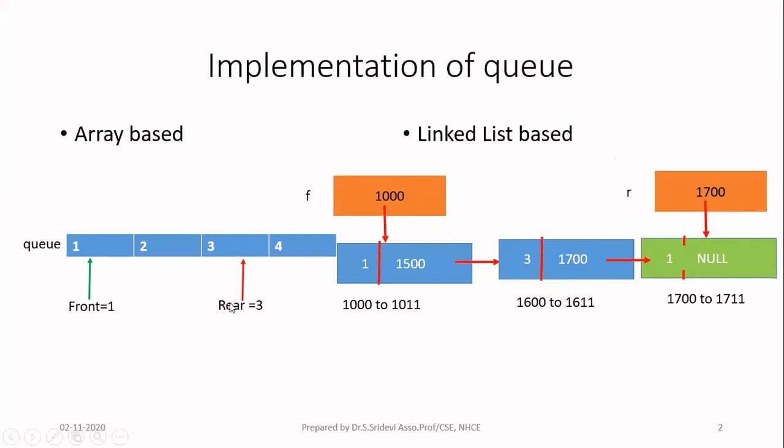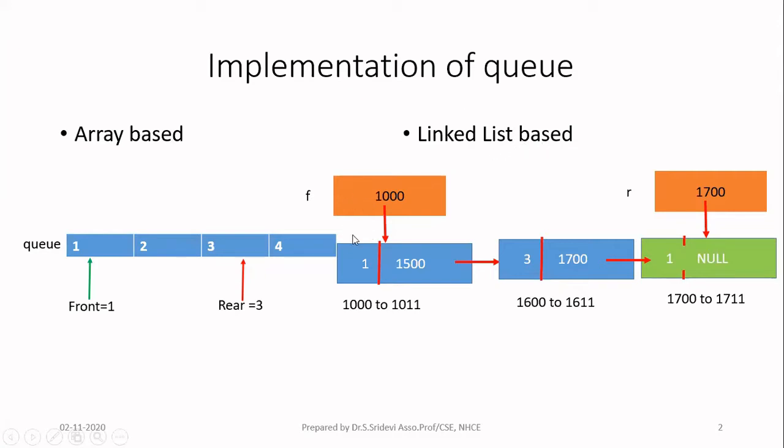Always remember, in case of queue, you are going to add at one end and you are going to delete at the other end. So you need to have two variables for referring to both the ends. So we had two index variables called front and rear in case of array-based implementation. At front, you are going to remove the element, and at the rear end, you are going to add the element. Now we are going to implement the same thing with the help of linked list based implementation.